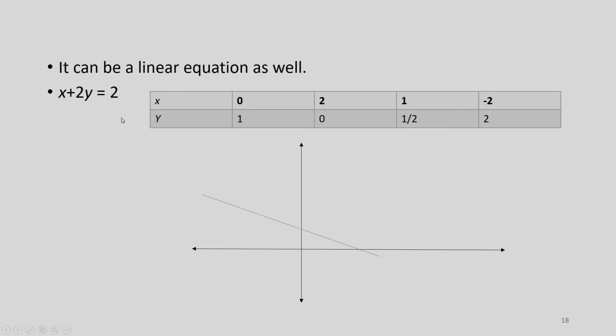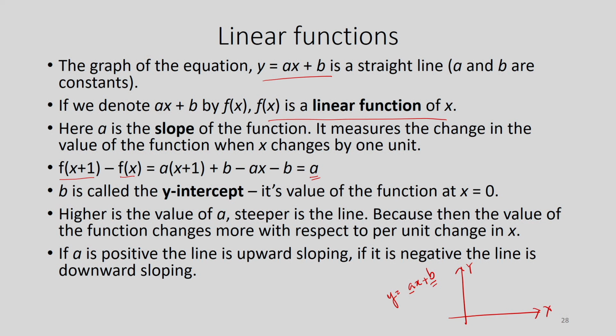So, right now we are talking about a linear function, but the functional form in either case will be similar. Okay. A is called the slope of the function. If you have y is equal to a x plus b, this is the equation of the graph, then a, which is getting multiplied with x, is called the slope of the function. It measures the change in the value of the function, that is f x, when x changes by 1 unit,